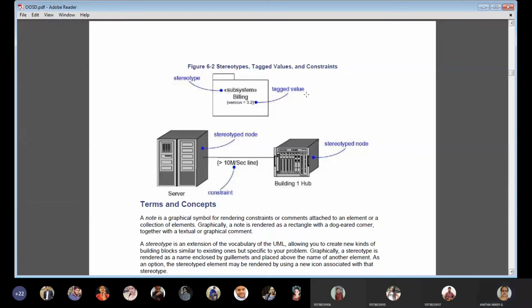Okay, so similarly we can also show, I told you UML is not only for software things but also non-software things, hardware also we can show. So a server, you can just represent like this, or you can say it as a node, NODE, cube, how we represent, the structural things, the last one.